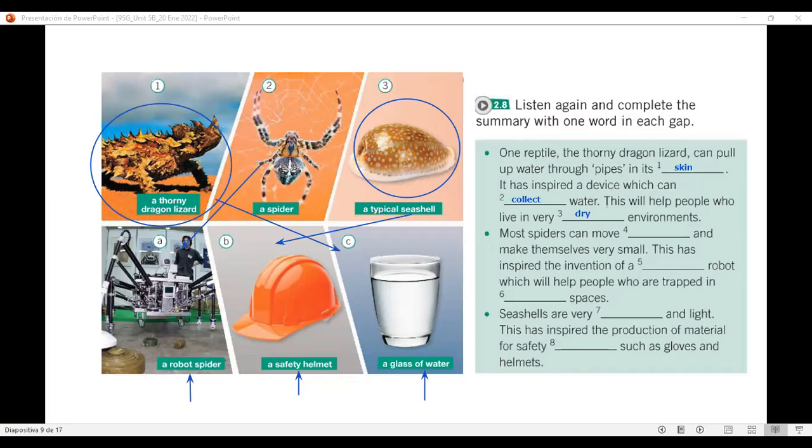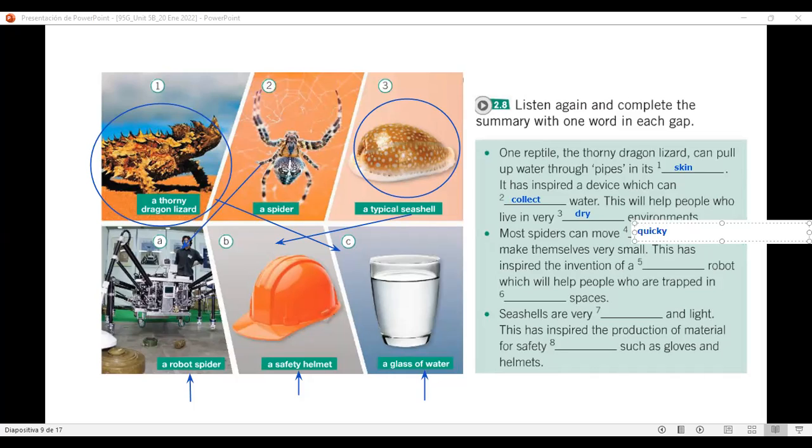So, up to this point, which ones do you think are the missing words? Most spiders can move. La mayoría de las arañas pueden moverse very quickly. Very quickly. Good.